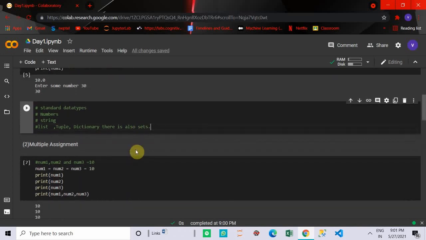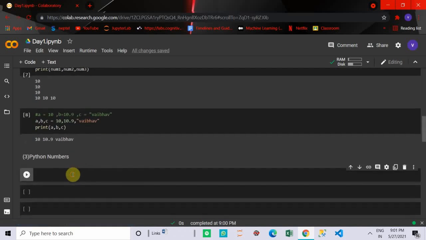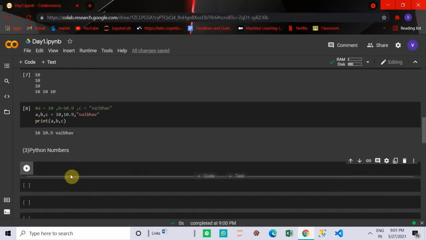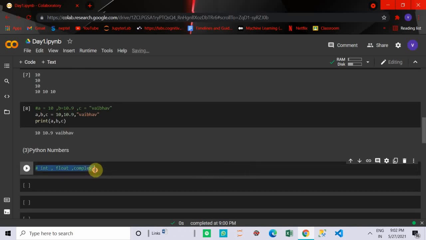So first of all we start with numbers. Numbers are basically numerical values. Numbers can be integer, float, or even complex numbers. Previously in C or C++ we have not dealt with complex numbers, but now we will deal with complex numbers in Python.